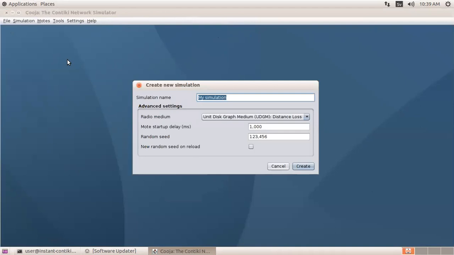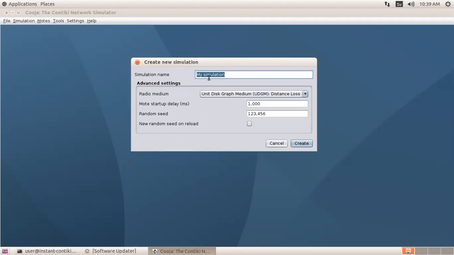So for that, what needs to be done is first you have to click on File, and after clicking on File, you have to go with New Simulation, right? So the first thing that appears after that is the simulation name. Here you can give any name for the project that you want to perform. Like if you want to perform some kind of simulation, I'm just writing Simulation 1, and over here a few settings need to be done.